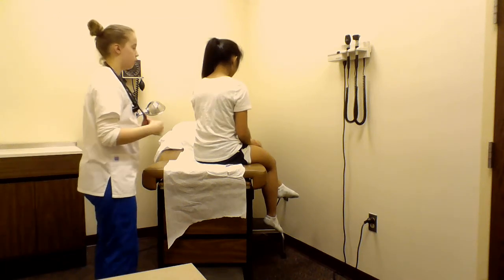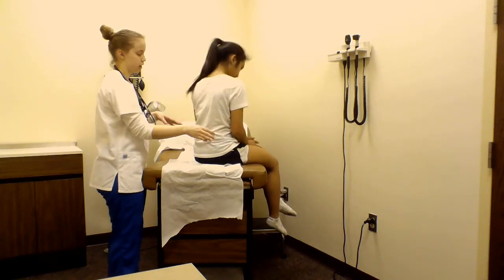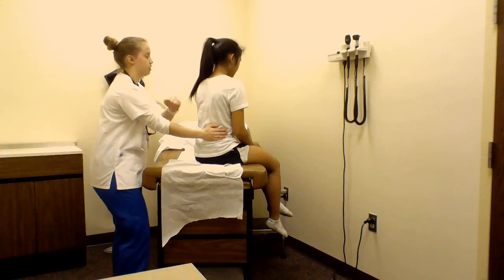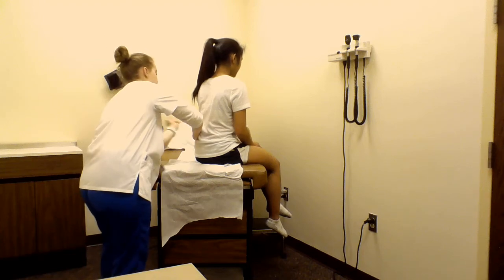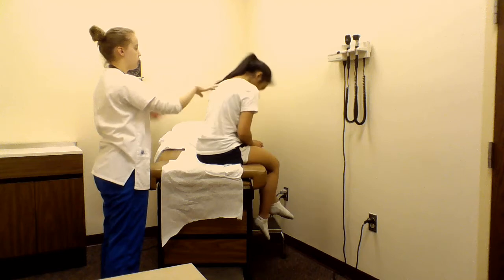And then I'm going to have you, no, you can stay there. I'm going to percuss the costovertebral angle, so if I could have you tell me if you have any tenderness. I'm going to place my hand here and then hit. Okay, and same with the other side. Any tenderness there? No. Okay, if I could have you bend over a little bit, I'm going to assess your